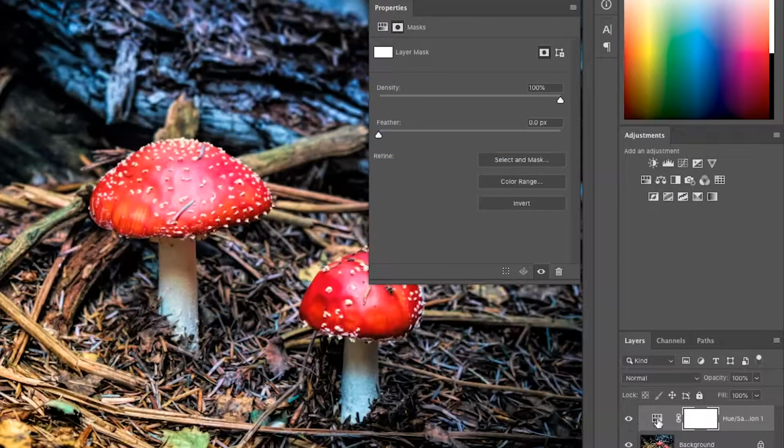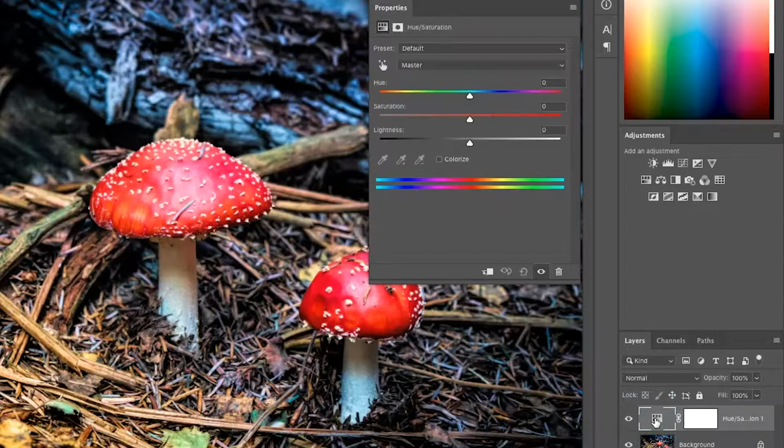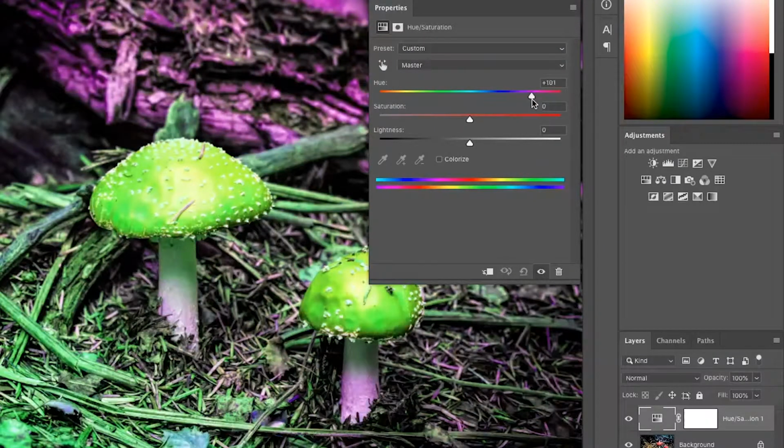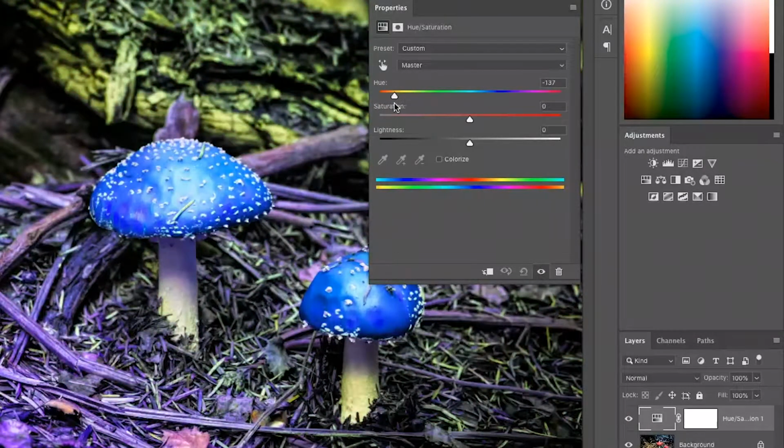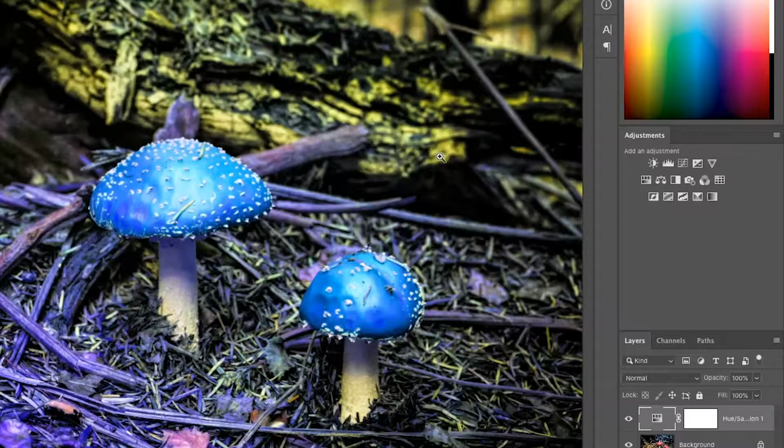And so now what I'll do is I'll come back to my Hue Saturation icon so I get my controls back and I can adjust the look of this picture. It's quite simple. You have your hue slider, and if you move it around like this, you can see all the colours of the picture change around. It's like you're cycling through the colours of the rainbow for every part of this picture. Now, supposing I wanted that colour for those toadstools, for example. Well, that's great, good. Okay, I've got that rather interesting blue for those toadstools,